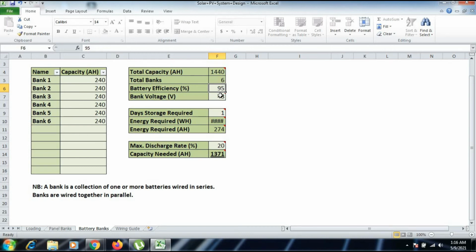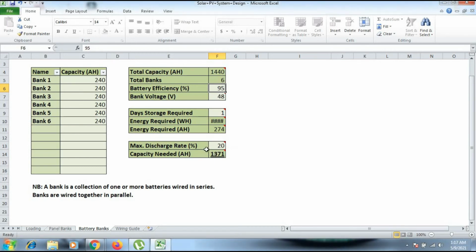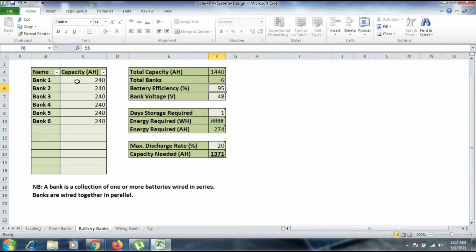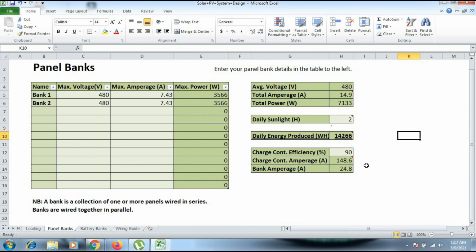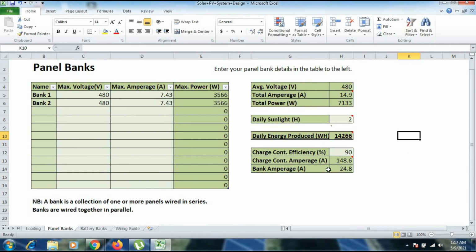So with a 95% efficient battery, a total of 6 banks, each bank of 240 ampere hour, with this 48 volt bank voltage, we can satisfy all the load. One thing to look at here is the charge controller amperage. Previously it was 74 point something. Now it has become 148.6, which is very high.